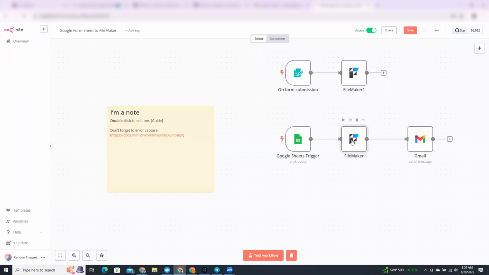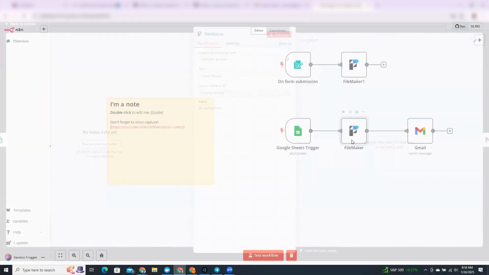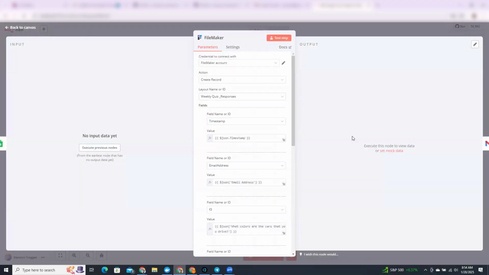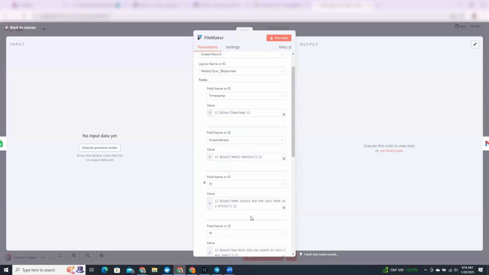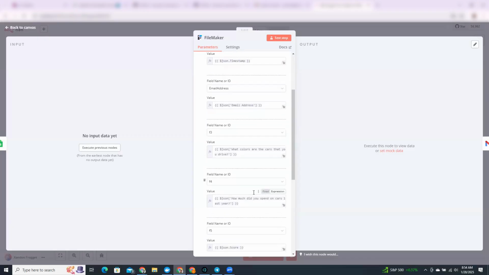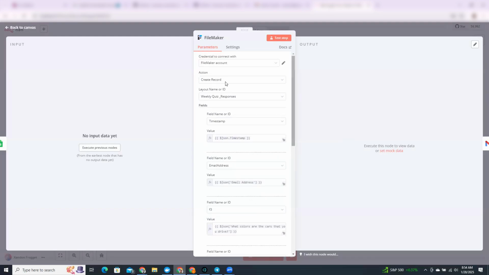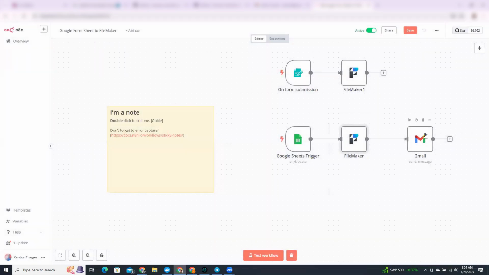So in this instance, I have, and I'm going to delete this one that we created, I am doing the exact same thing with FileMaker, and I am saying, anytime a quiz is created, I want to pass off the email address and the value of the responses, and I want to send an email so that I know that the information was put into FileMaker. So Google Sheet gets a response, tells FileMaker to load the data into FileMaker, and then from there it sends